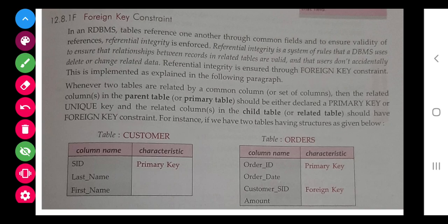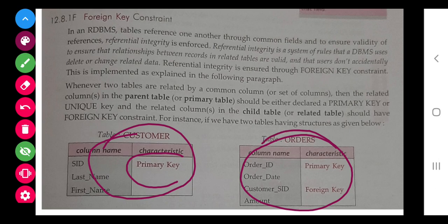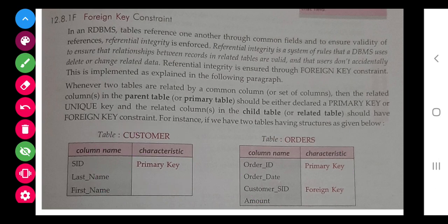So class, this is the foreign key constraint. Again explaining foreign key. There are two tables. This is one table and this is the other table. Now we want to make a foreign key. In the other table, the foreign key is indicating the primary key of the parent table.